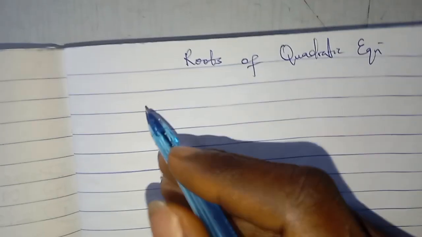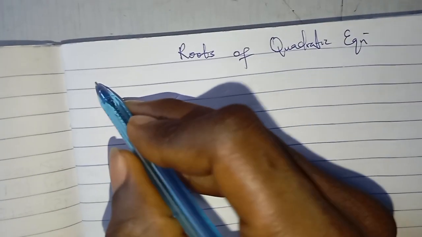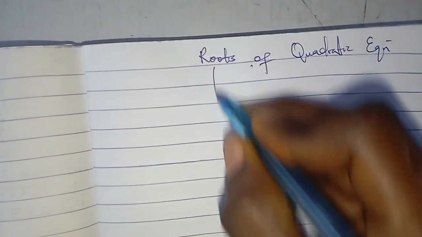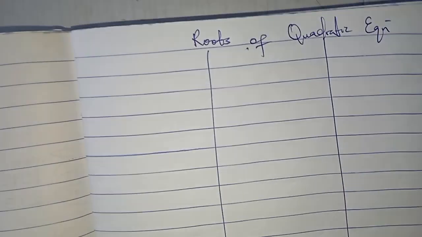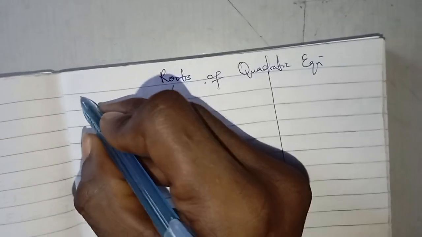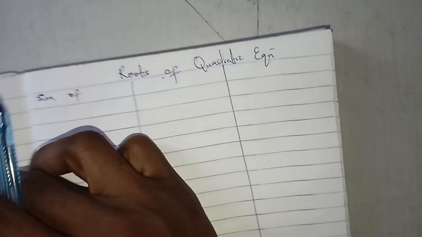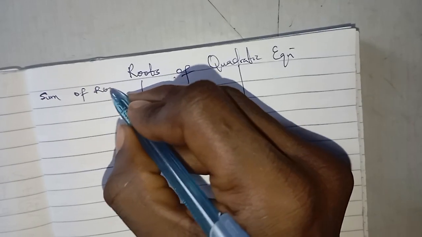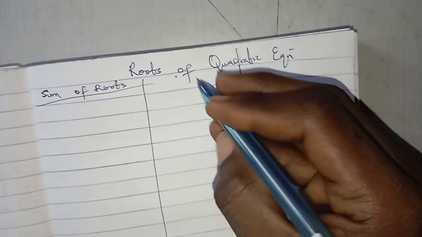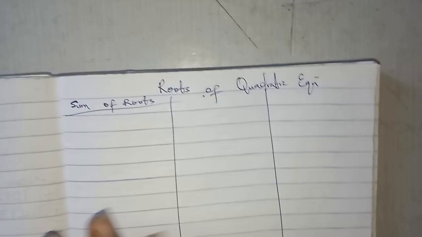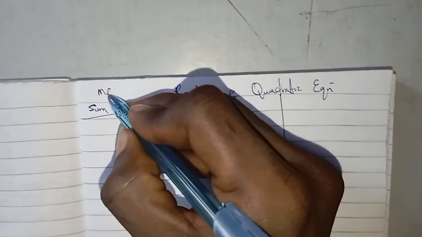So in roots of quadratic equation, we have two basic things we are looking at. So first is to find the sum of roots, and the next one is to find the product of roots. So for the method 1,